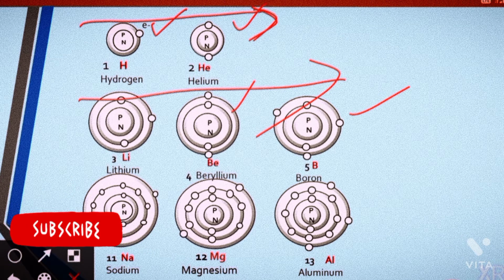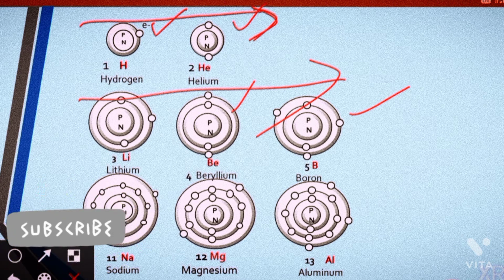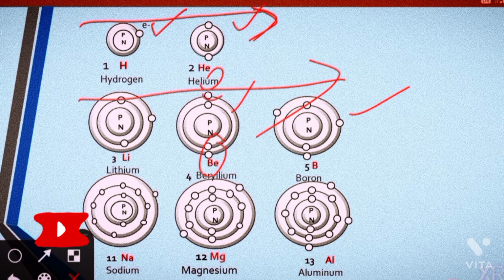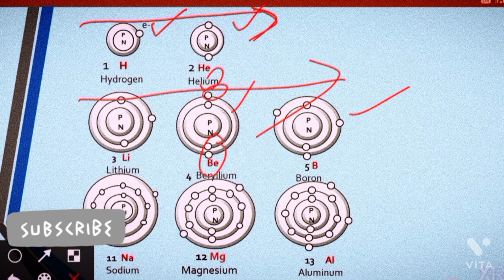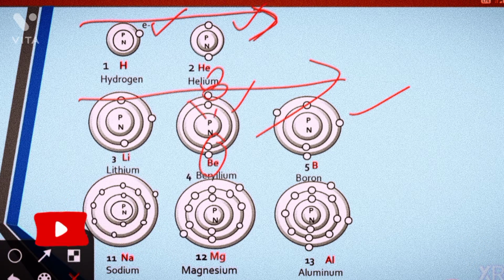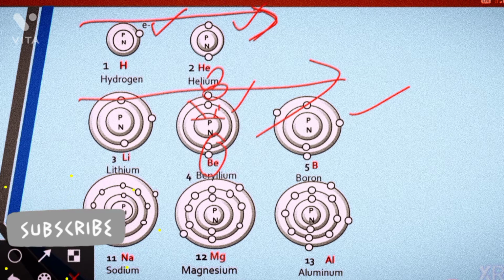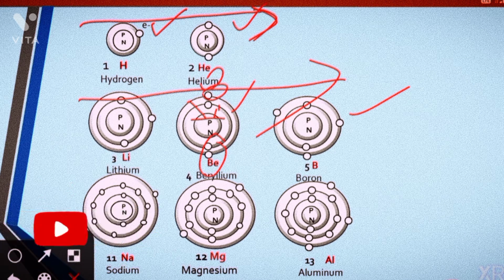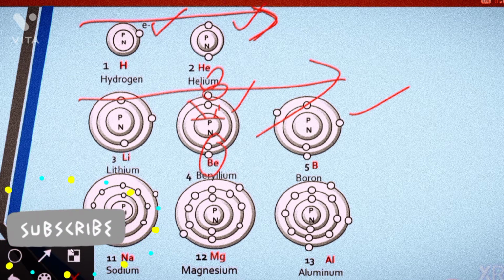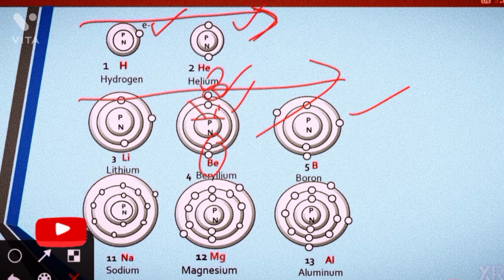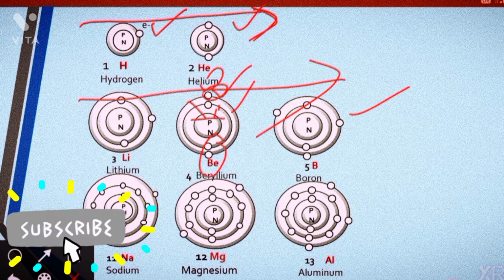We have discussed in the previous video that the more electrons there are in the outermost shell, the more ionization energy is required. Why is more ionization energy required? Because with more electrons, more force is applied toward the nucleus. More force is applied on the electrons present in the outermost shell, or we can say the nucleus applies more force. Clear? Because the nucleus has a positive charge.